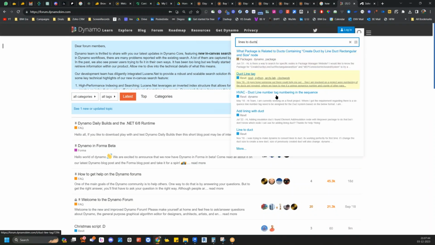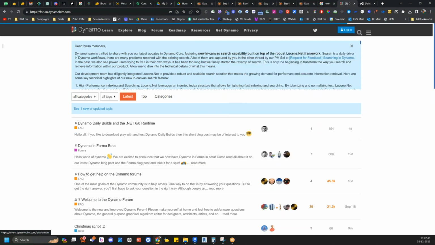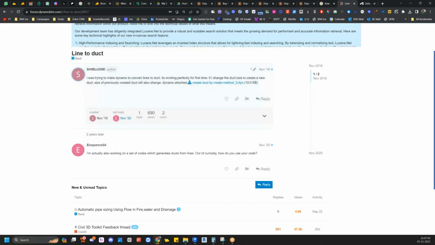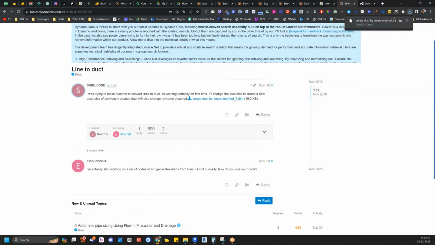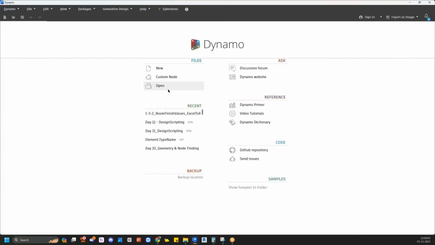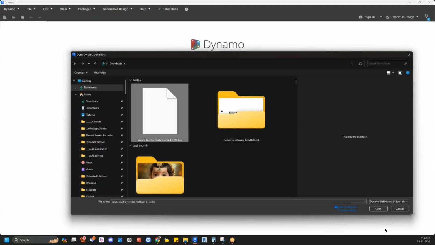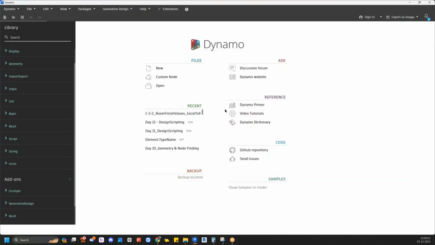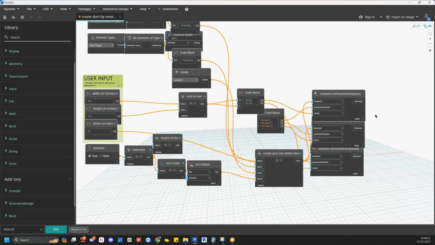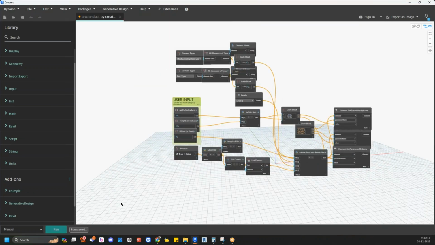I have a lines to ducts script, creating ducts by the create method. I just downloaded this, let me open it in Dynamo. If you're very new to it, how do you generally react? How do you exactly follow all this? If I click on run,